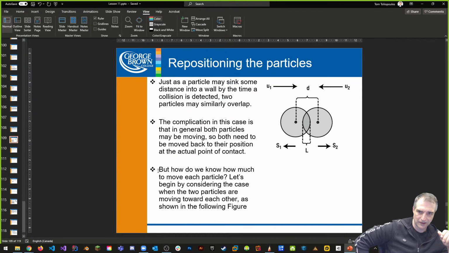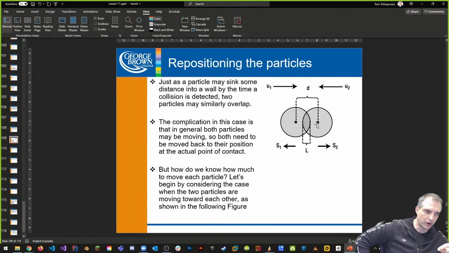What about them? This is where, if 2 particles are hitting each other exactly and bouncing back the other way, the challenge is how much penetration you have between the particles themselves. This is generated by the time of collision, and how much you need to reposition both. Obviously it's going to be further back, somewhere in between, which is where it's going to happen. So half of L here in this case, if they're traveling at the same rate of speed.